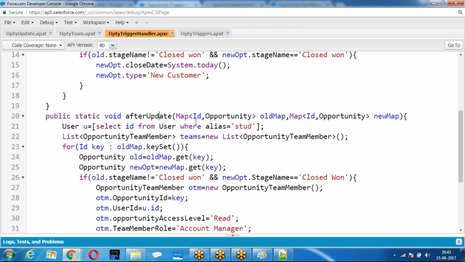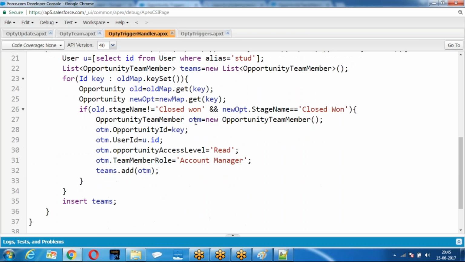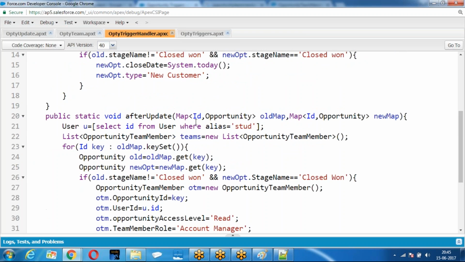I can reuse this logic. Simple example. I can reuse this logic. Are you getting my point? If you write the logic within an Apex class, I can reuse this logic. Clear about this point? So it is always a good practice to define